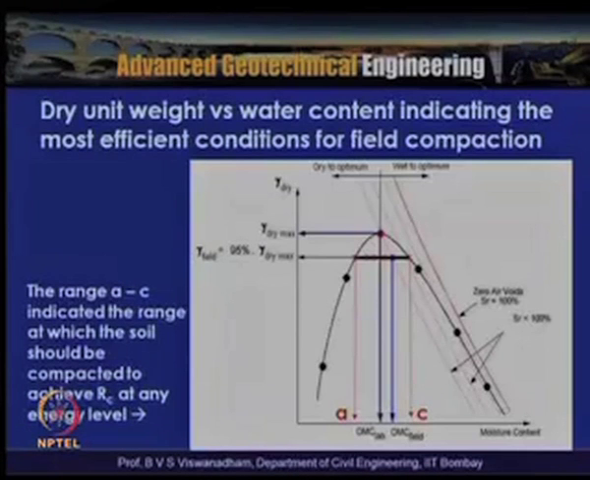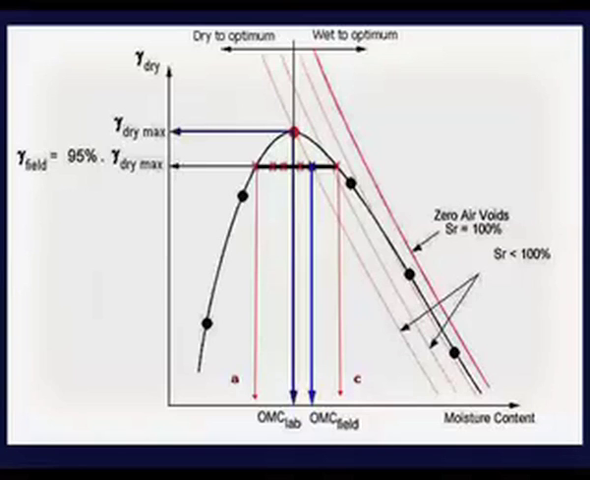So, if you look into this particular slide, it shows the dry unit weight versus water content, indicating the most efficient conditions for field compaction. The range here: this is the dry side of optimum, and this is the wet side of optimum. These are the zero air voids line, and these are saturation lines which have less than 100% saturation: 90, 80,